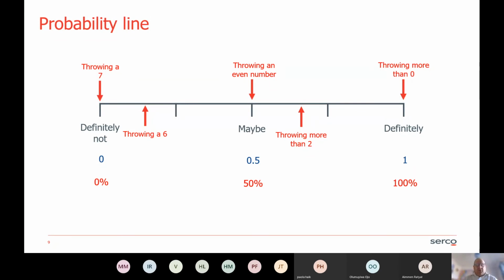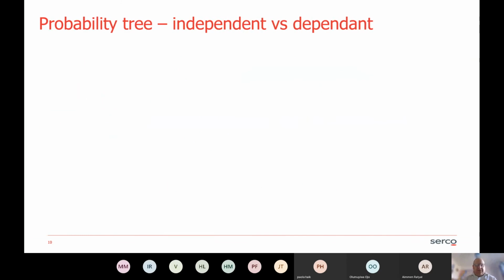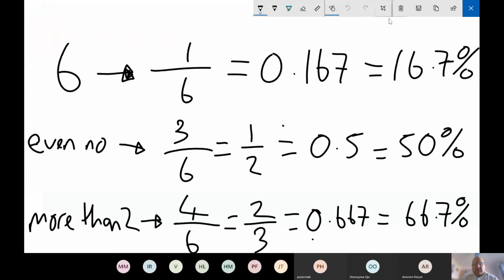We've looked at the number of possibilities, the number of ways you can get something over the total number of possibilities, and we've either done it as a fraction or as a percentage. That's great for specific activities where it's got one outcome. So rolling 1 dice, or you could have rolled 3 or 4 dice, and it'd still be the same kind of outcome. What's more difficult is where you've got something that happens more than once, so maybe rolling 2 dice,